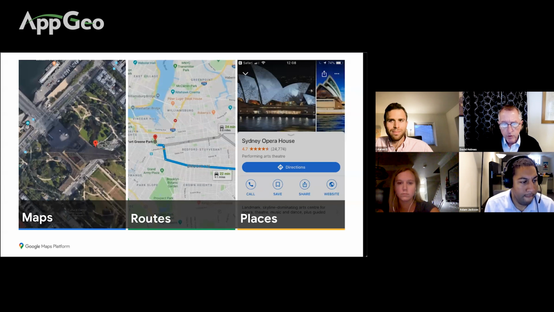And then Routes, of course, is used to calculate distance and time for travel, as well as directions. And then the Places API taps into Google's something like 200 million record database of businesses around the world, and that's where we find the geocoding API, the autocomplete API, and those